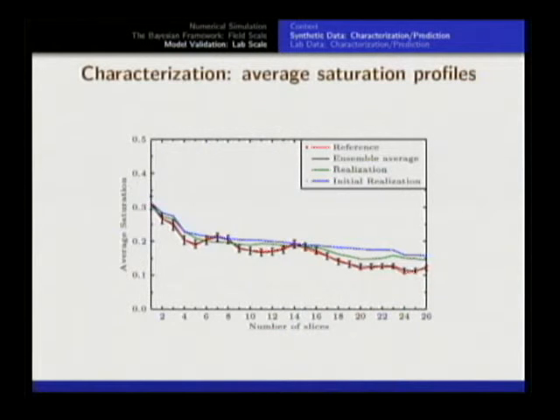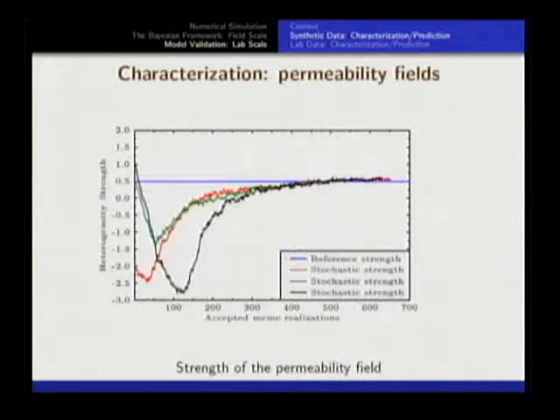And this is a more quantitative description of the same picture. We are looking at how the ensemble average in the chain, the initial one was the blue, gets deformed and gets closer and closer to the experimental or reference run, which is the red, and then the ensemble of the accepted fields produces this profile. So they coincide pretty well. This is the characterization step, and then we have several indications that the procedure works well.